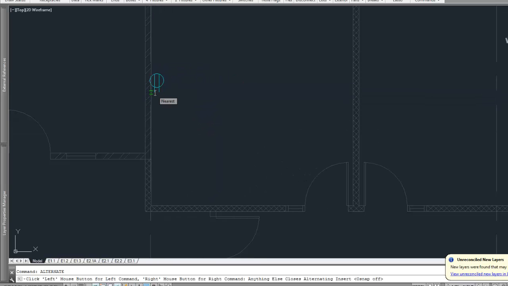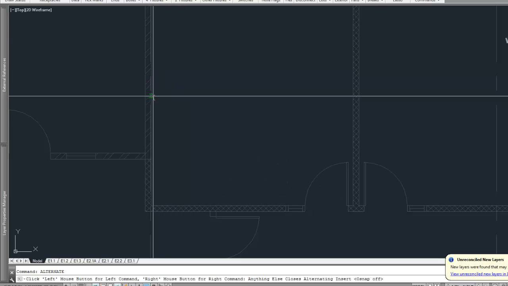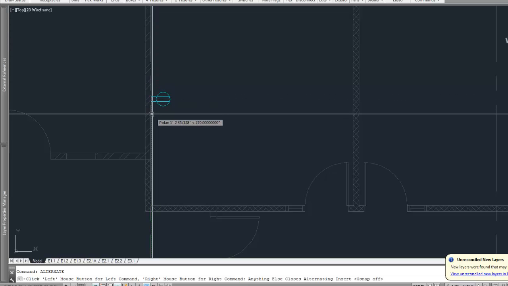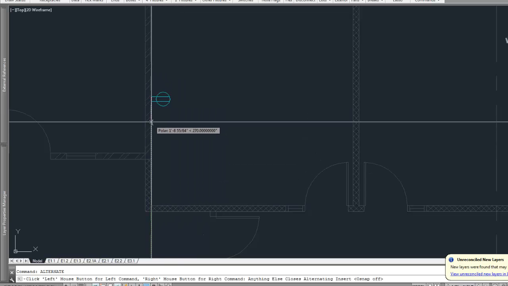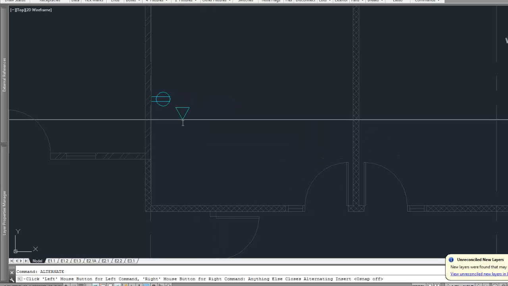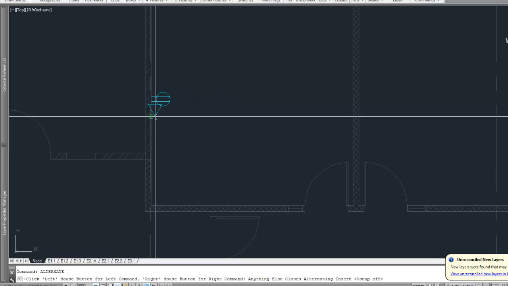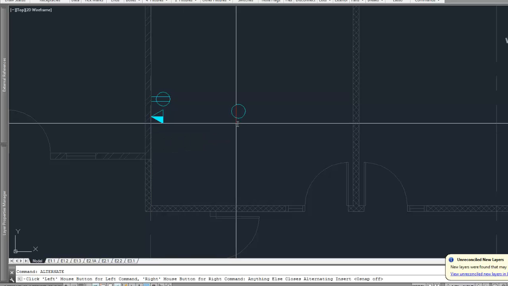Let's see, my O snaps are off right now, and it's looking for a point. It's looking for a nearest point. So I just gave it, and now it's looking for a rotation. It doesn't have to be snapped to anything. Right now I've got my puller on, and there, I've inserted a duplex. Now I'm going to right click, and I've got a telephone data outlet. And it also is looking for a nearest, even though my snaps are off. I give it the point and insert, and now I'm going to left click and get the receptacle again, and